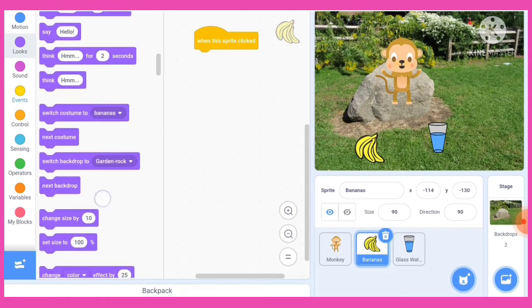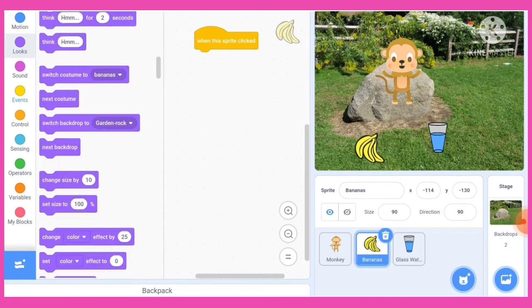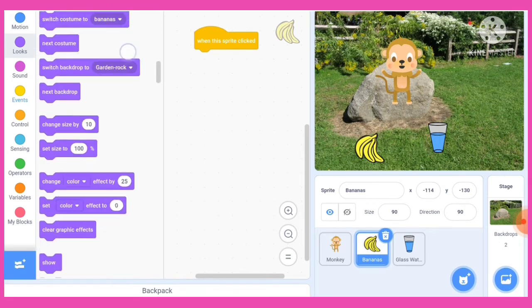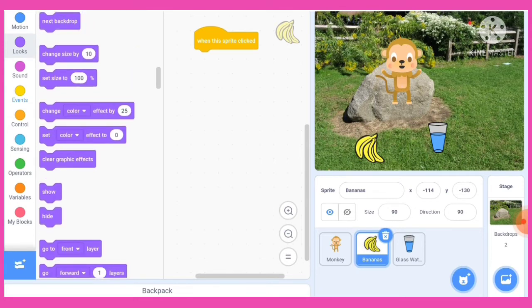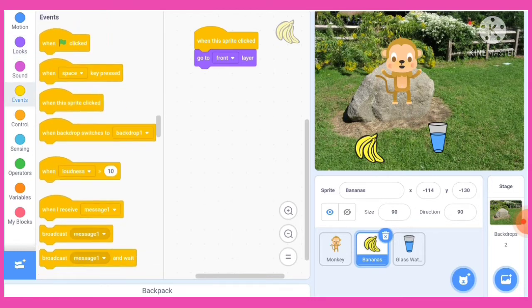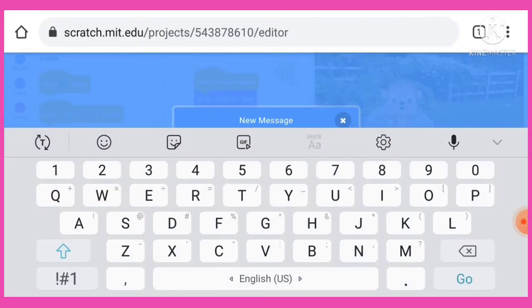You can take it from here, you will get it. So let's choose it from the looks block, go to front layer, and then we need to make a broadcast. For that, go to the event block, click on broadcast, click on new message, and type here food.